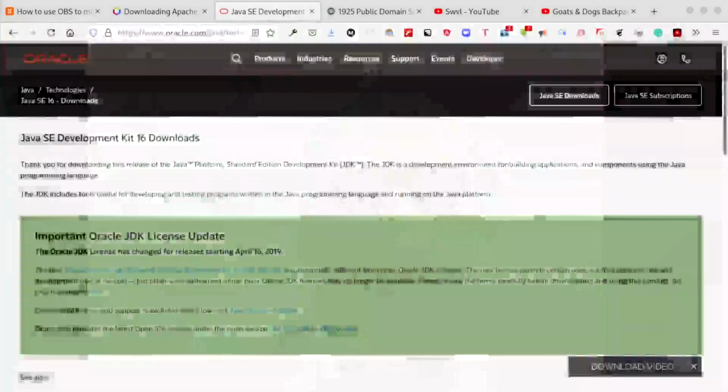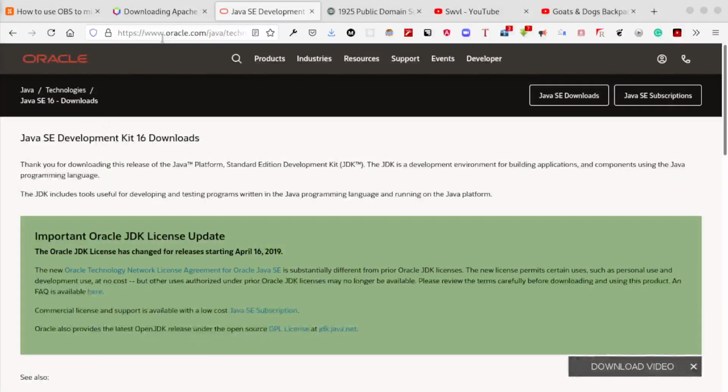Okay, fine. So let me just share this. Let's go to the screen whereby you'll be able to download your application. Yeah, so I want to show you where you can download this application, and the first thing that you need is Java Development Kit. This is very important. So for this screen here, you can see I am on oracle.com.